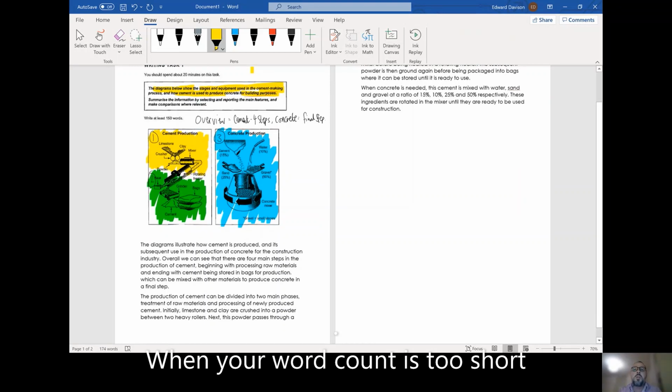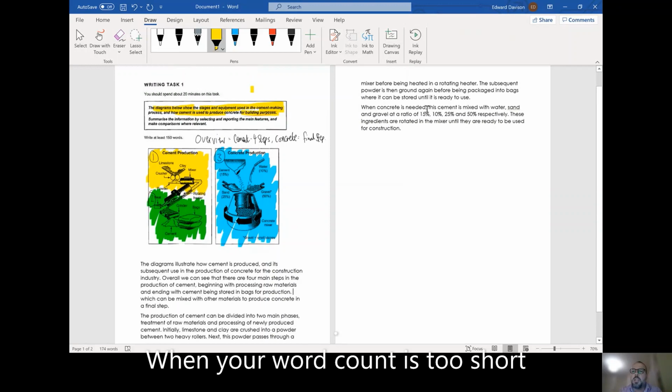Other places where you might be able to say more is in the sentences which introduce each paragraph. Here I've said when concrete is needed, this cement is mixed with water, sand and gravel. I've gone straight into data there. I've given numbers. It might be better to first describe a step and then add data to that in another sentence. So, for example,